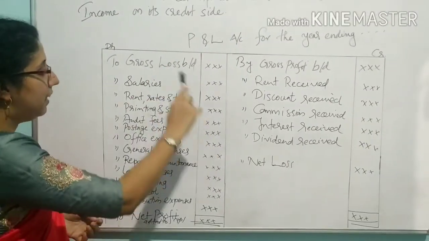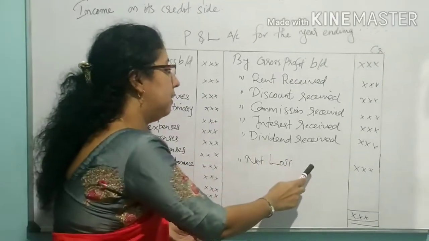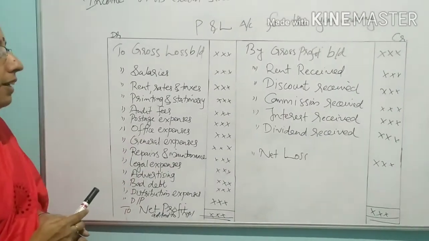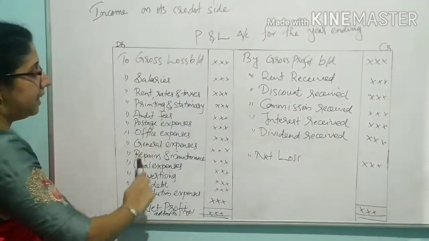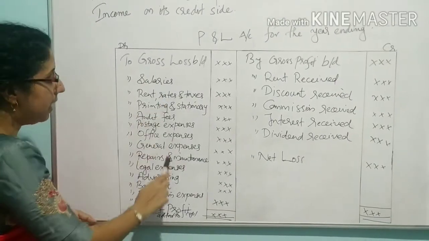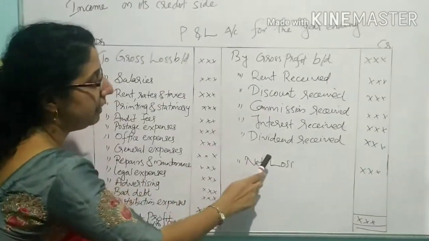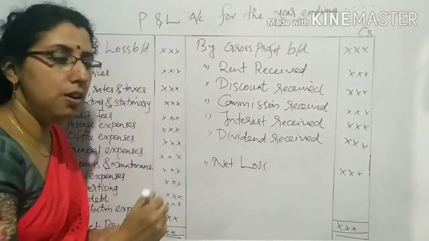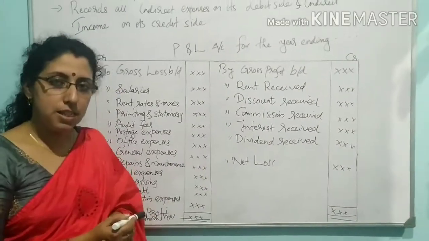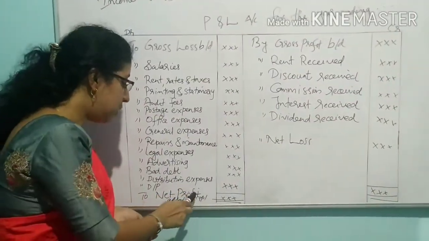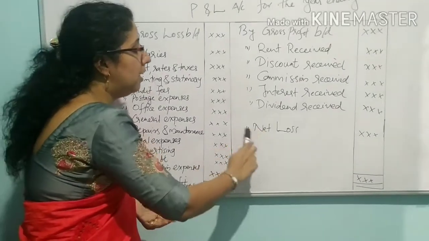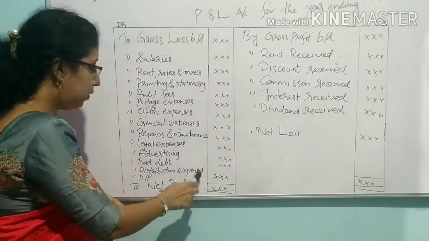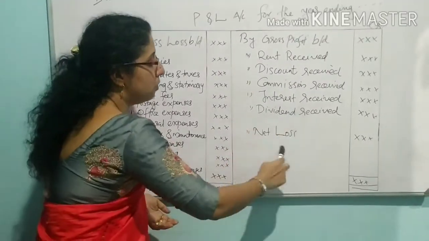See, if the debit side is more than that of credit side, then what is the result? We will get a net loss. Because the debit side shows all the expenses. So if this side is more than that of our income side, then we will get a loss. So we can write by net loss. Okay. This net loss is also transferred to our balance sheet. The net profit is usually added to capital while net loss is deducted from the capital. That is the rule. Net profit should be added to capital but net loss should be deducted.